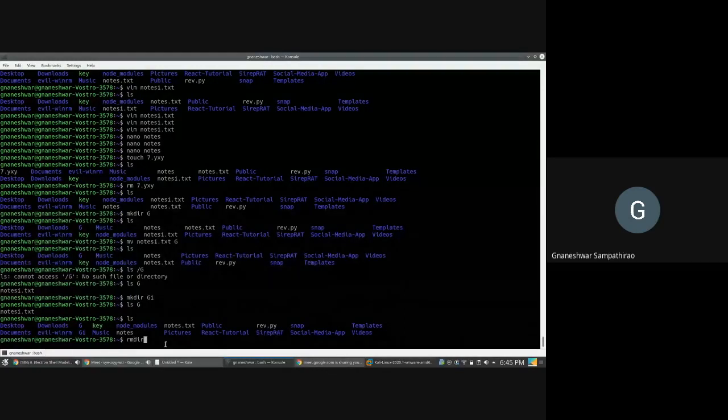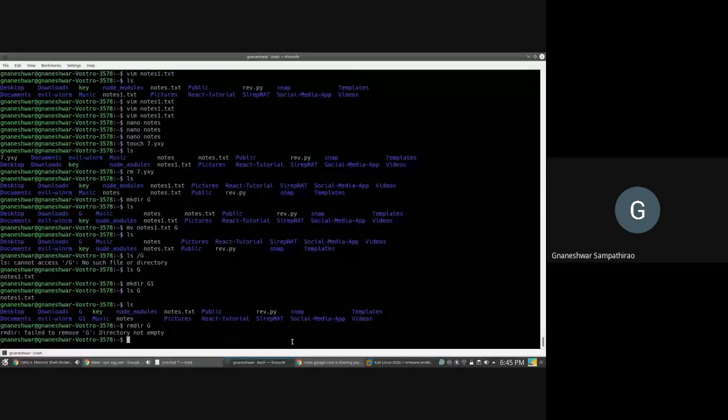So we'll be mentioning it, and let us mention, for an instance, the folder name G. So you can get an error message called directory is not empty. So just remember this one. You can use this command only when the folder is empty.